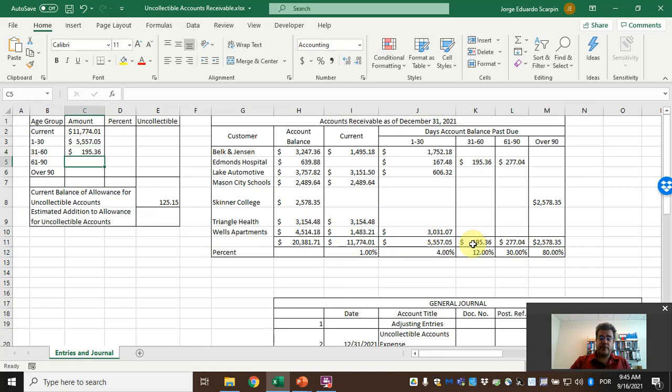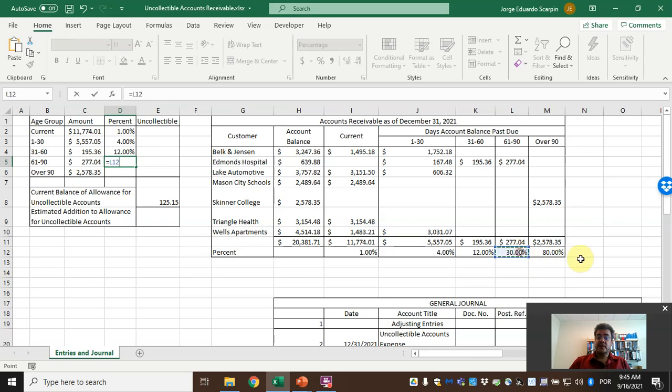The formula is very useful for a large amount of numbers, not just 5. Percentage of uncollectible accounts: 1% for current, 4% for 1 to 30, 12% for 31 to 60, 30% for 61 to 90, and 80% for over 90. So here, the sum of our amounts,